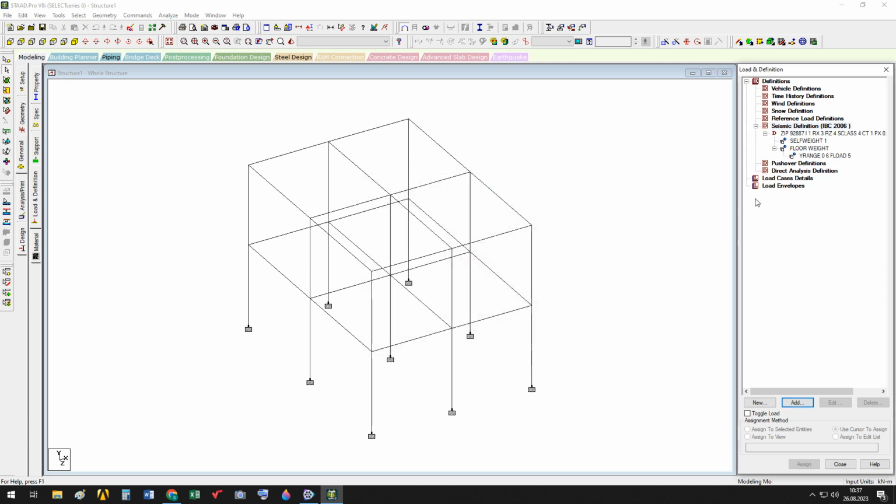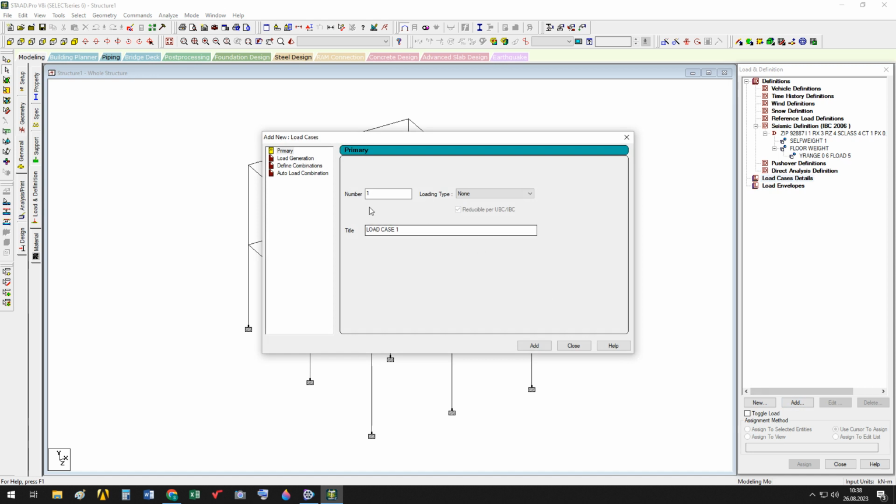So seismic definition is completed. So let's come to load case details. Now, which loads do I have? First of all, I have to define the load. I will define a seismic load,